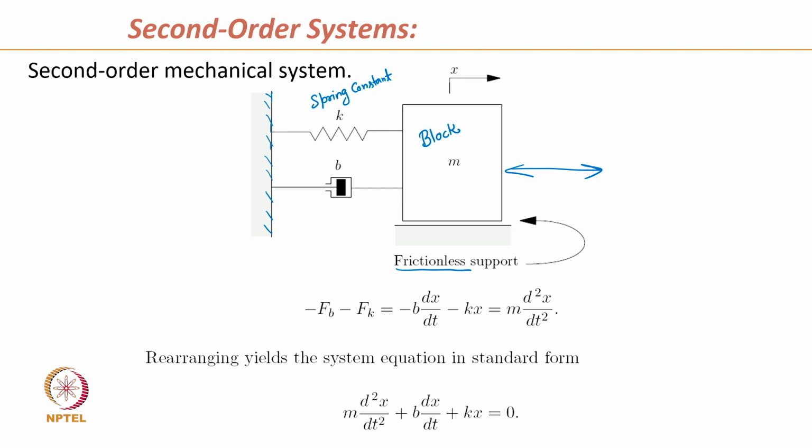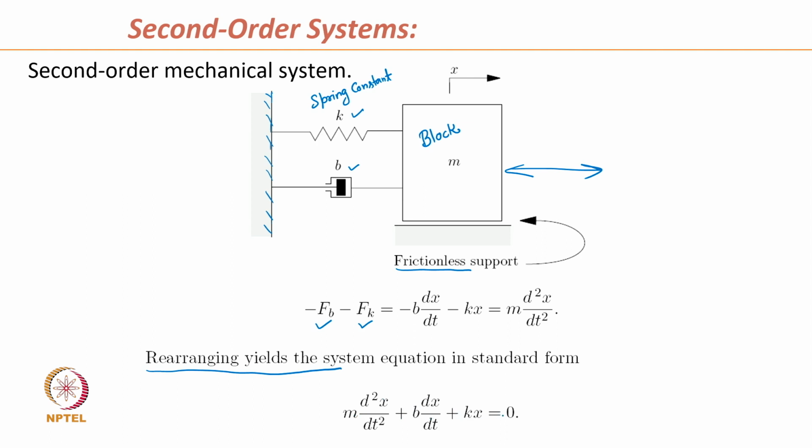Now, if we write the force equation on this block, minus Fb minus Fk, this is because of the damper and the spring respectively, equal to minus B dx by dt minus Kx, equal to the force on this block, which is m into a, m into d square x over dt square. So, this is the total force which is acting on this mechanical block, and if we just rearrange this equation, the equation comes out to be m d square x over dt square plus B dx by dt plus Kx